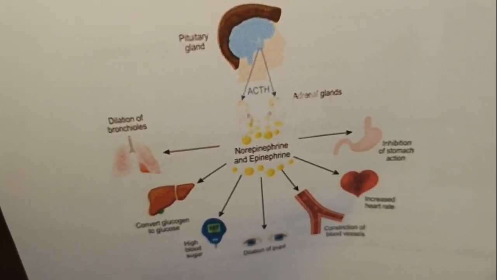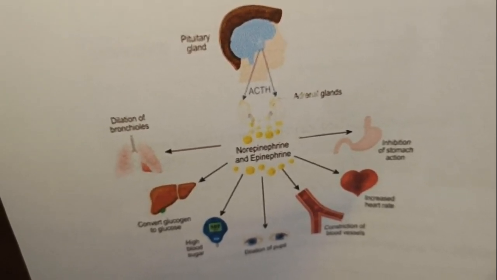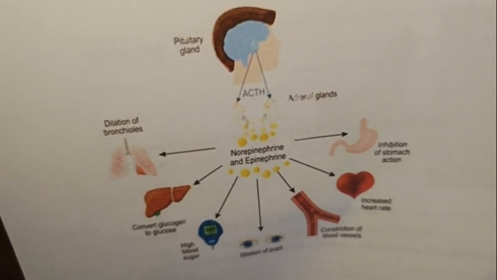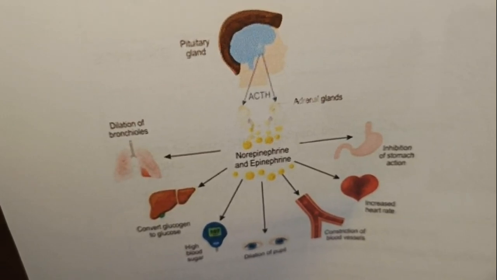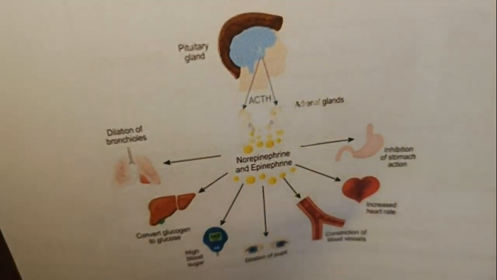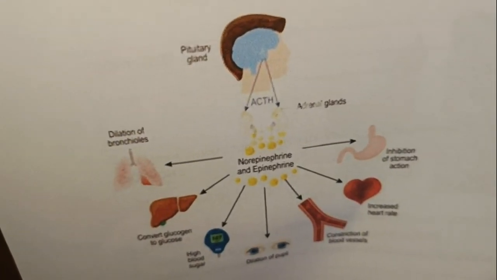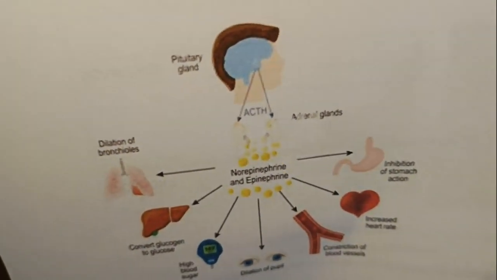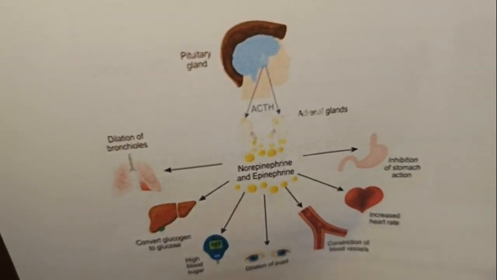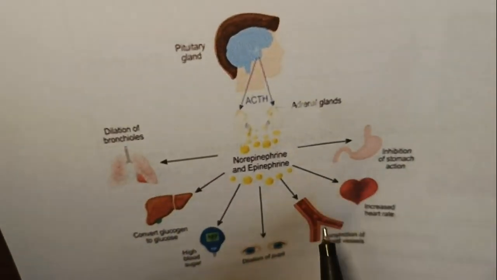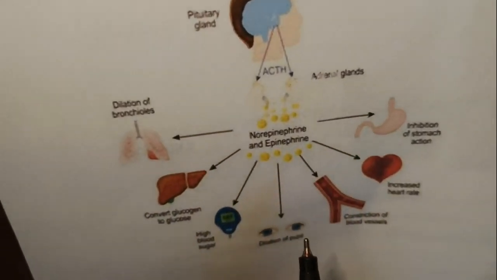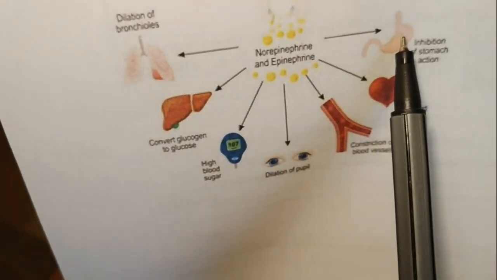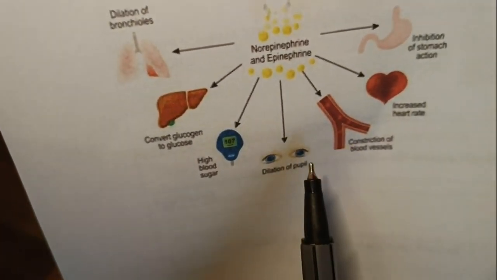So they work on various systems. They work on metabolism and they work on various organs in the animal and in human being. Okay, so they prepare the body for fight or flight type of situations. It is secreted into the blood and it is carried to different organs, different parts of the body, including the heart. Okay, so that's the heart, that's the gastrointestinal tract, blood vessels, eyes,